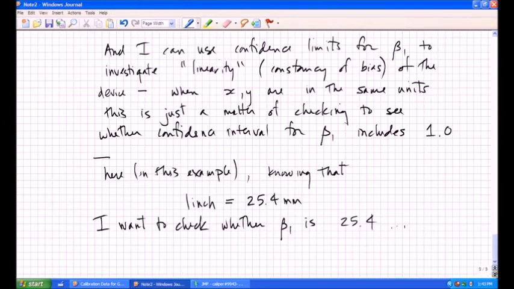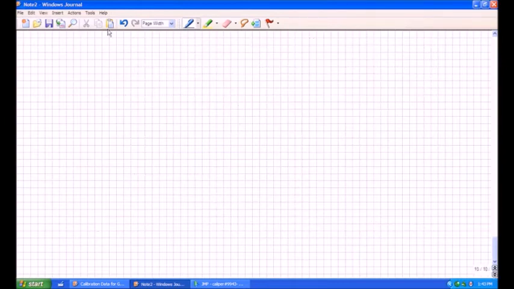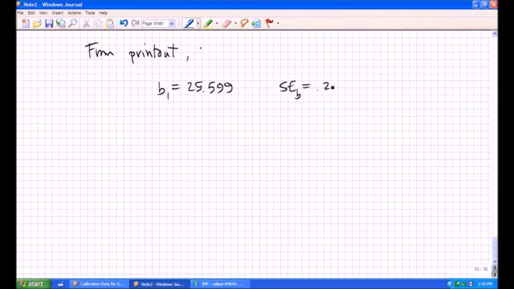So the point here is that from the JMP report, B1, the estimate of beta 1, is 25.599, and the standard error for B1 is 0.222, and so